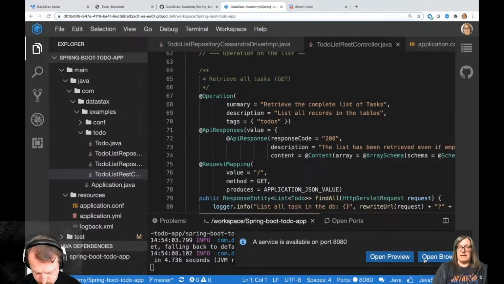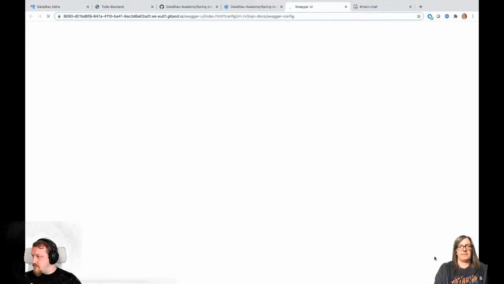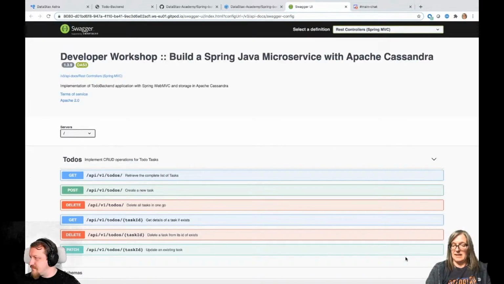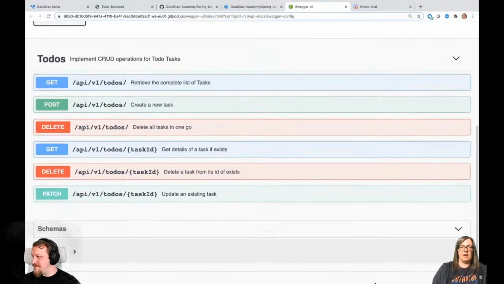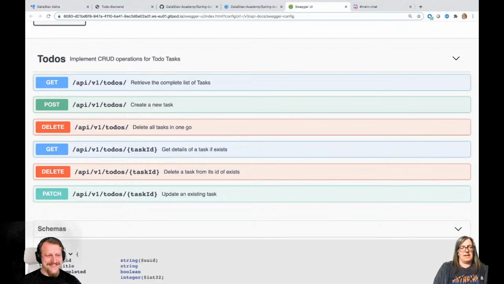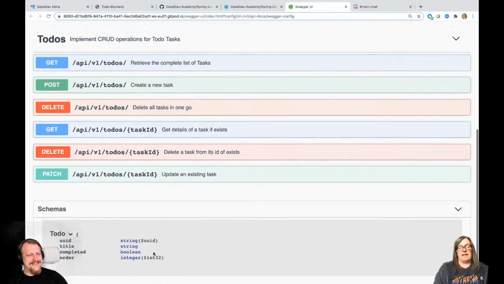And now you can open a browser, right? So I click on open a browser. And this is our Swagger API. I'm just making this a bit bigger, which allows us then to test. All the annotations that we put in there, in the REST controller, are basically serving to build this interface for us and make it a bit more interesting and useful. For example, you can see here the schema that we're using. Again, this is the task schema. And we can now test out all the APIs.